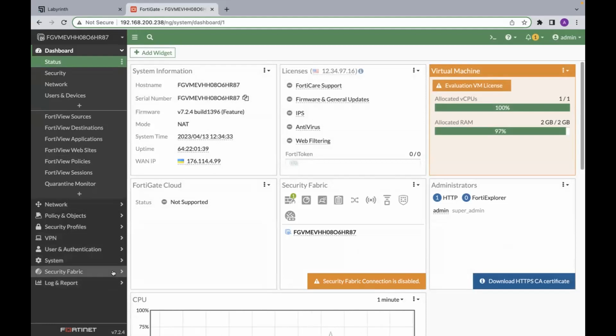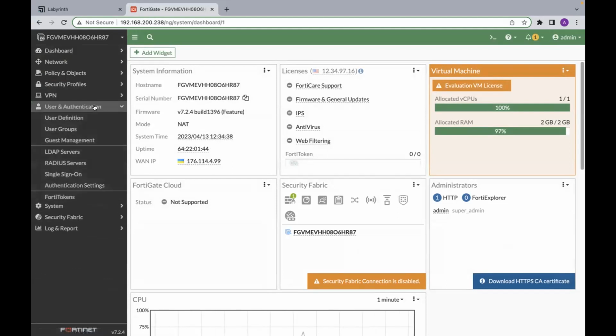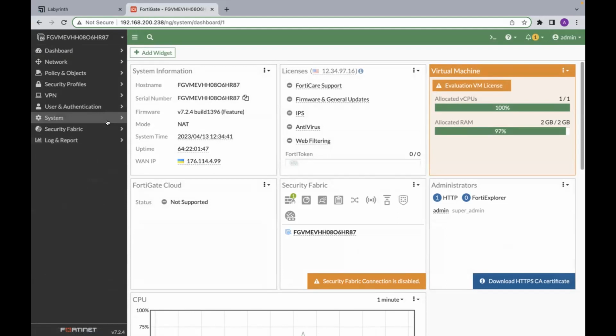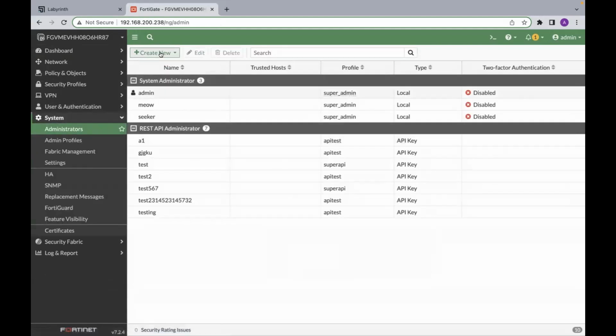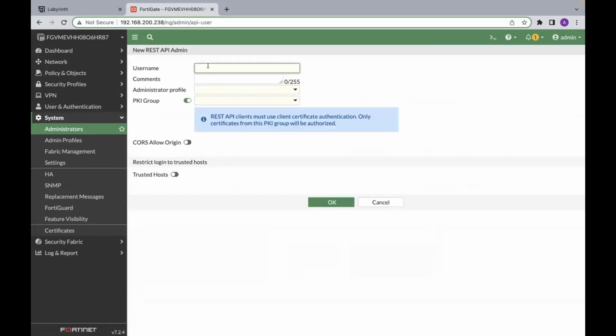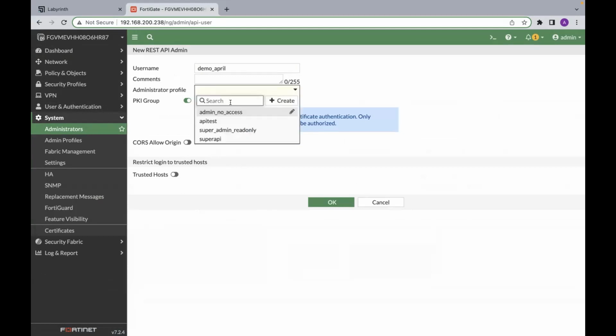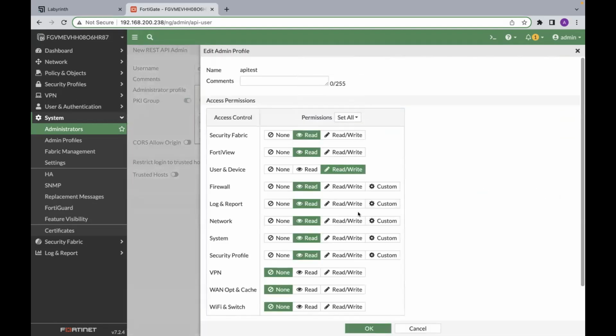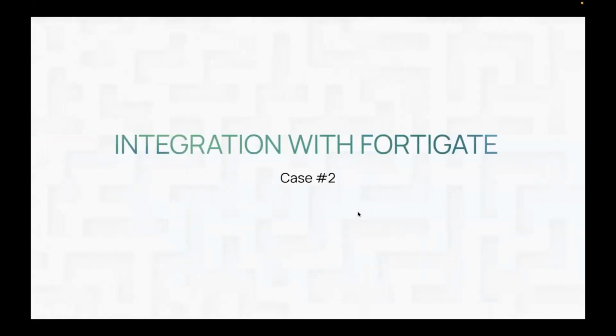We move to user, and no, it's not user. Sorry, yeah, it's system administrators. Click on create new, choose REST API admin, provide some name, some unique name. So let's use the same one we had for our CrowdStrike. Of course, we need an administrator profile. Administrator profile defines access permissions, and